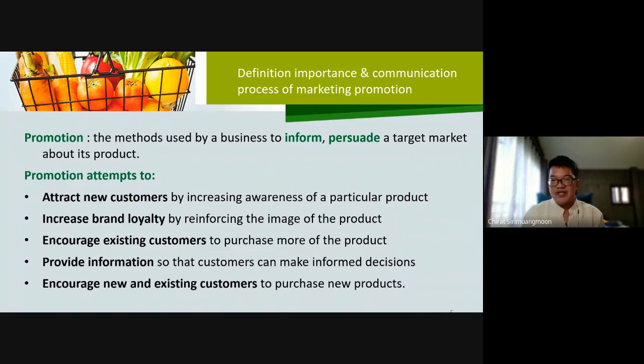So we have the product development process. We have new consumers, new products, and also existing consumers and existing products. What you should do is try to create new consumers and maintain the current consumers. So you should use promotion to serve this part. So there are all five important things that you need to use when you use promotion.